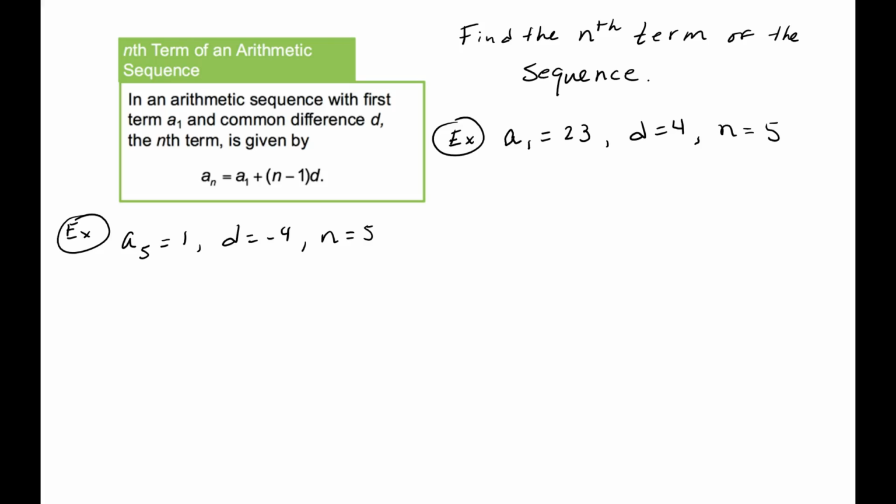In the following two examples, we are asked to find the nth term of the sequence. There's actually a formula to find the nth term of an arithmetic sequence. It's this formula right here: a sub n equals a sub 1 plus n minus 1 times d. It's not terribly difficult, but what we're going to do, we're going to handle this the classic